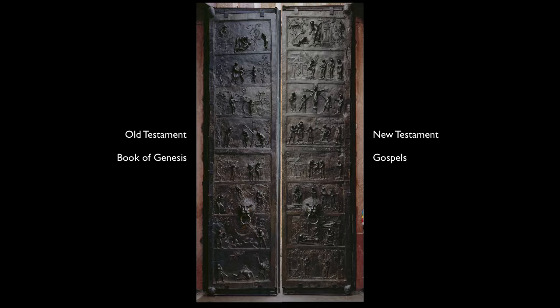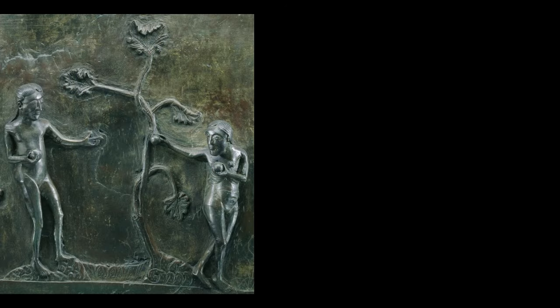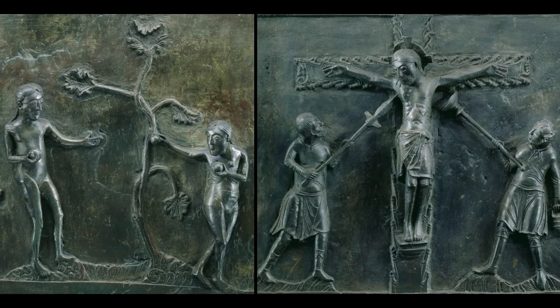One of the really interesting things here is that we have all these scenes lined up next to each other. There are some visual and also some thematic patterns that happen left to right. A really good example is in the third panel from the top, where we've got the temptation, Adam and Eve about to eat the fruit, and then on the right, the crucifixion.